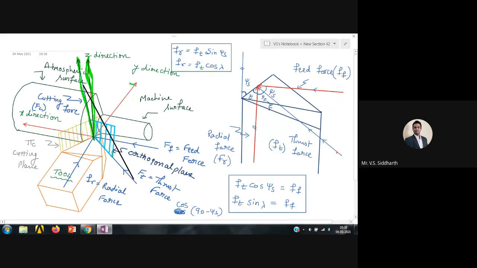And you can't take the resultant between the force which is not inclined or which is not coinciding with the axis. Means if your force system lies between the z-axis and the orthogonal plane, if your force system lies in this plane,